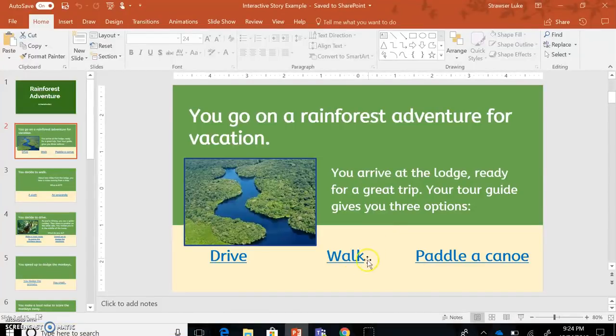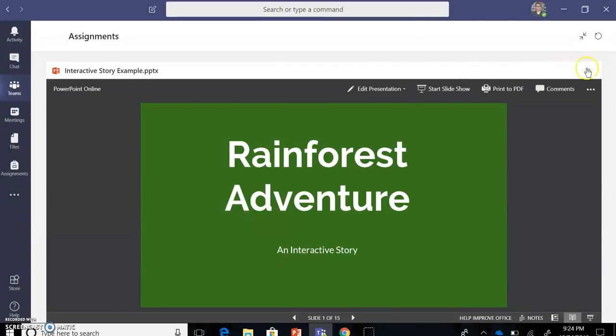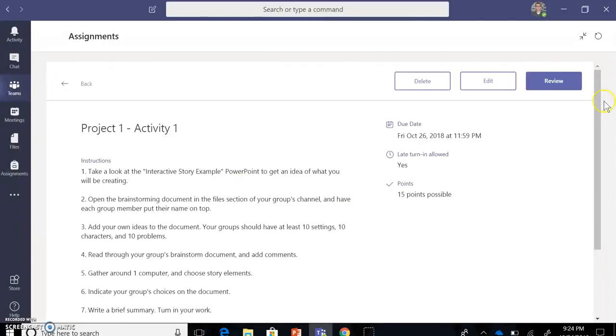That's just an example of what you are going to be making in this project. So let's get started making yours. So let's go to step 2. Open the brainstorming document in the file section of your group's channel and have each group member put their name